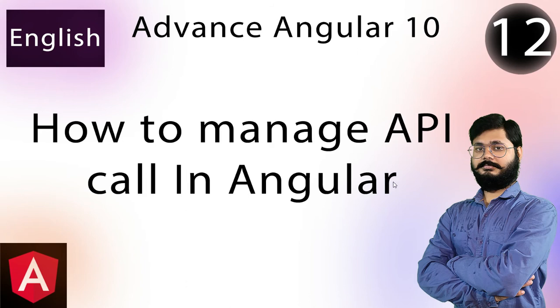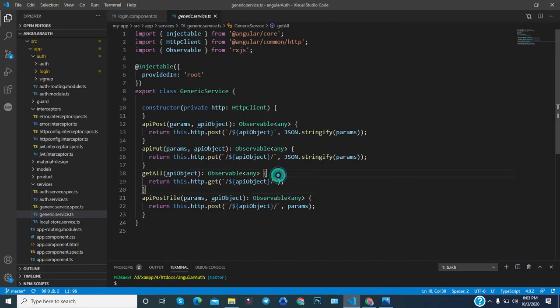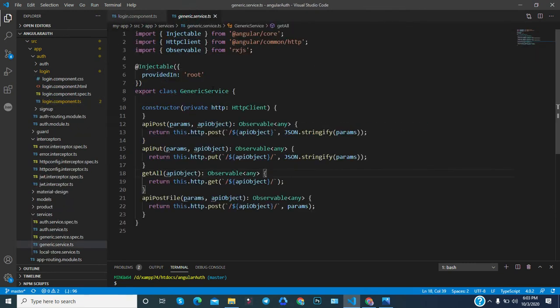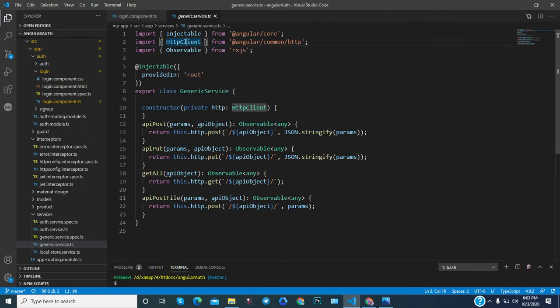So first, I am closing this and let's go to the code so that you can understand it in a better way. As you know, for calling an API in Angular, you need to include the HTTP client, and after importing this HTTP client, you need to create an object. So here the private http, we called it http, you can call it anything.